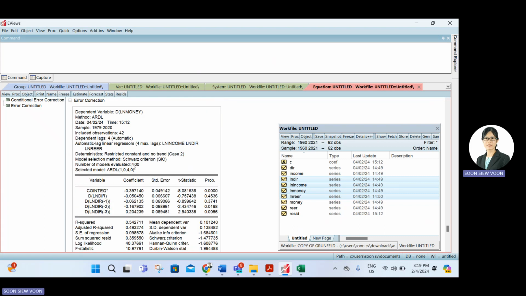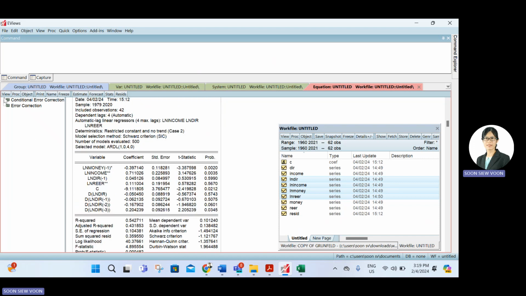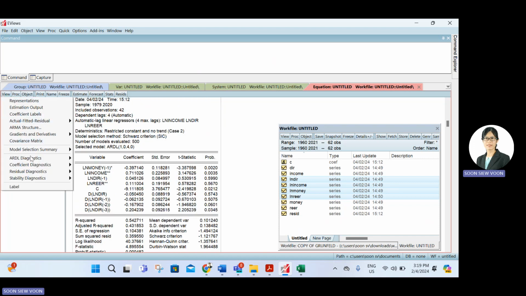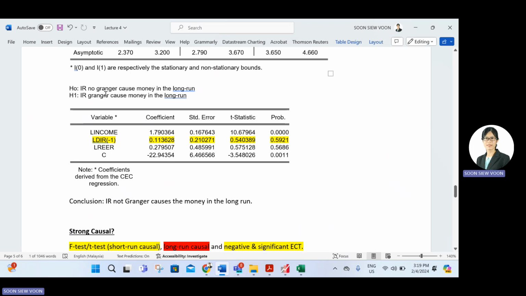Yeah, error correction result. No, this is ECT. Look for the ECT. I would like to look for the error correction result. Co-integration relation. Yes, it's a co-integration relation. If the question asks you whether there is a long run granger causality from the interest rate to the money,